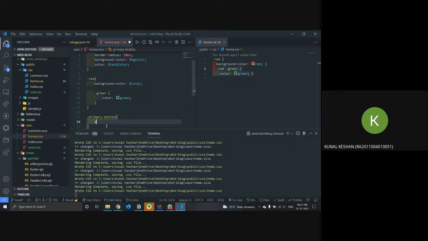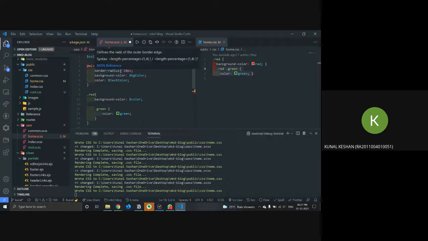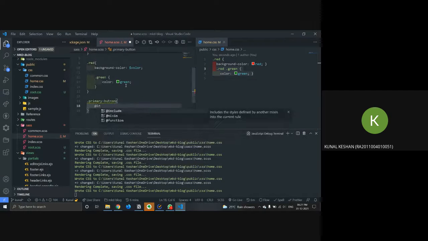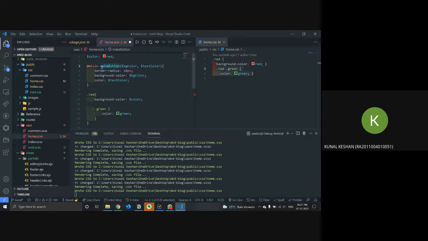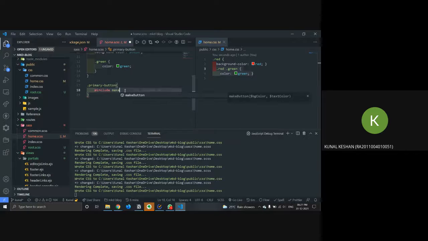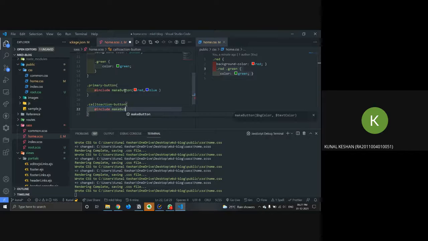Okay, so now I have a class, primary button. To bring these styles here, I have to add include and then the name of the mixin or the custom style that I just defined. So make-button, and I can pass in the colors. So suppose red and then blue here, and then I have a call-to-action button, again include make-button.